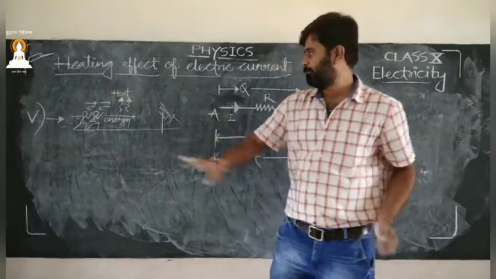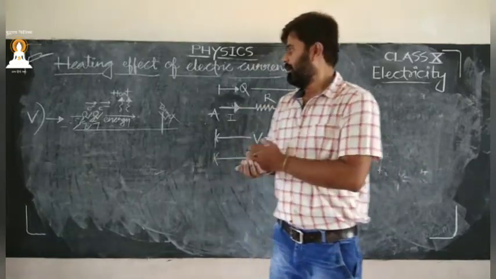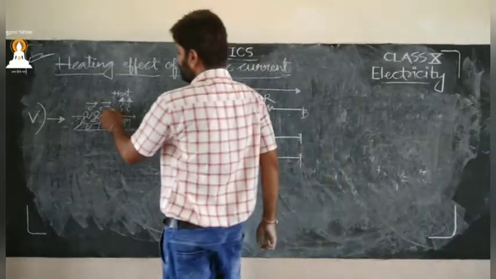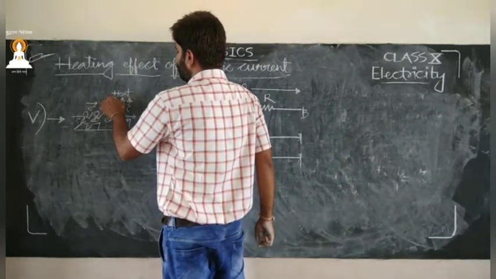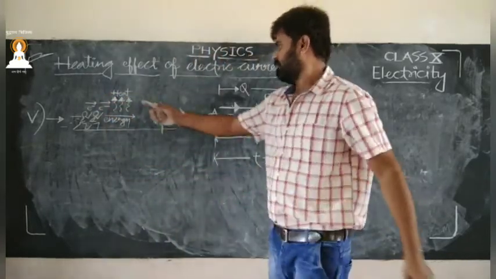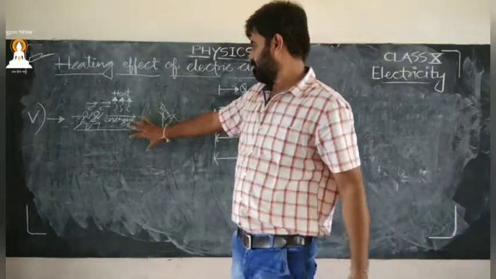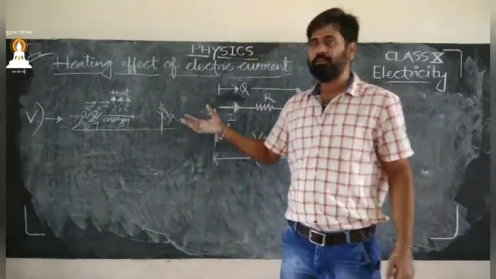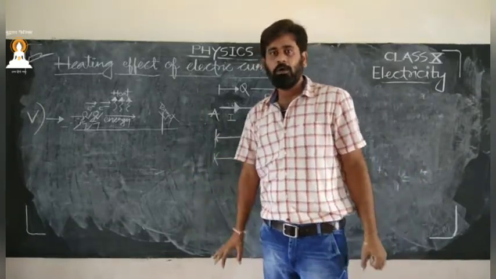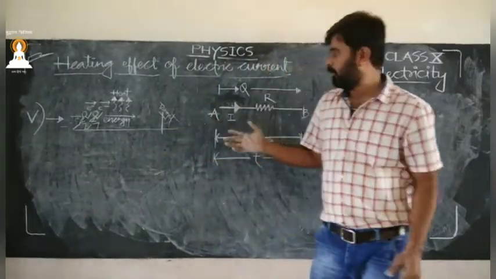But just because of the collisions in between, they will lose their energy. And that energy will be transferred into the atmosphere in the form of heat. The same concept is there in our electrical appliances. When we switch them on, after some time we see that while touching they give a warm effect. Why? Because they got heated up.